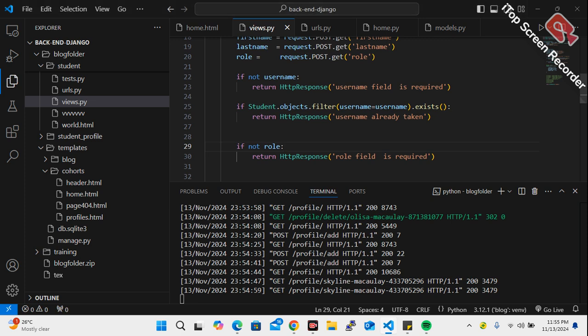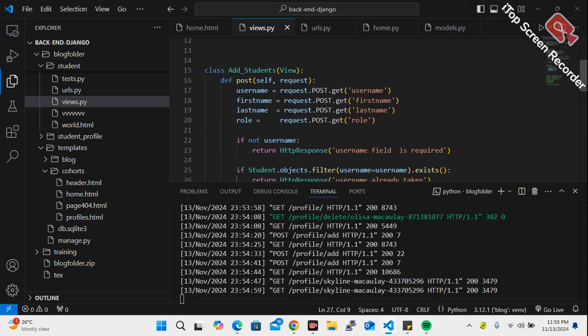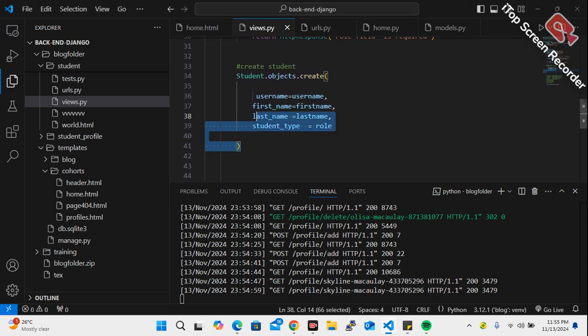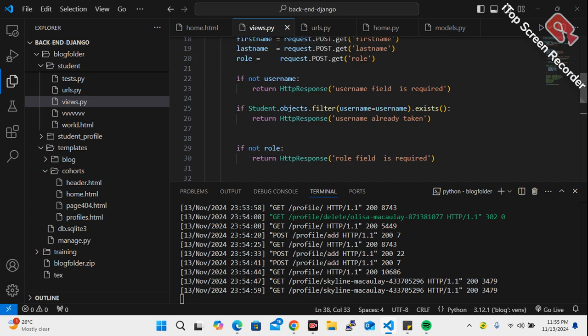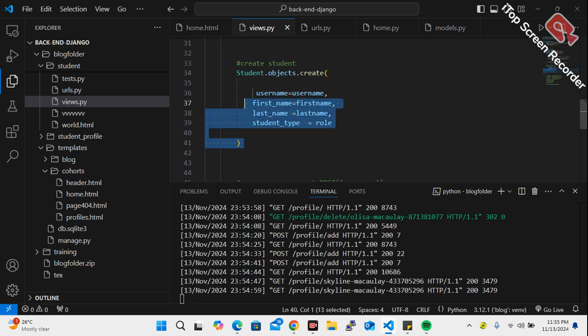Now let's expand this code, right? I like expanding my code. Let's expand this code more, and then expand our code more. You can see you understand how to create, right? So any question with respect to this create and what we've done so far, any question